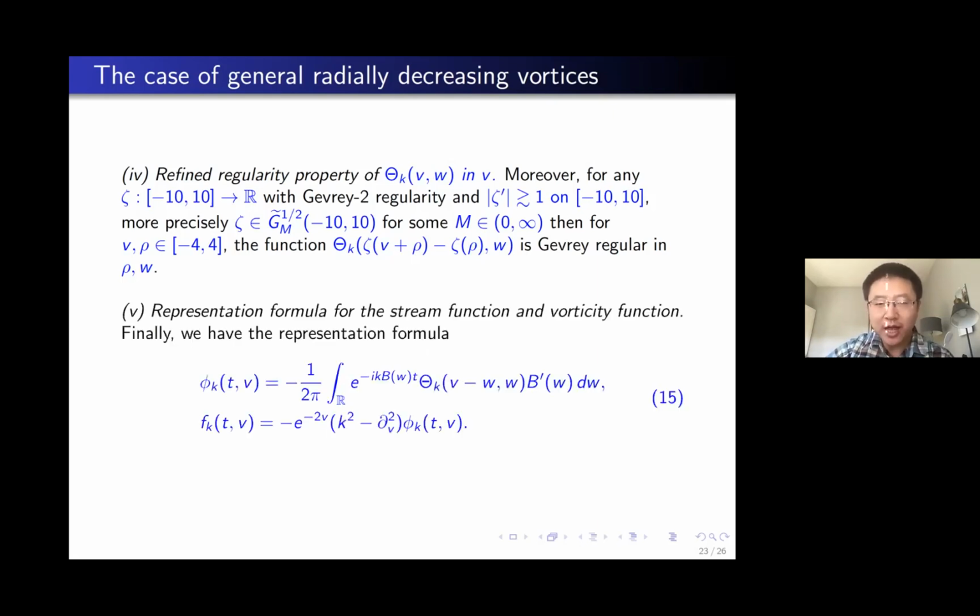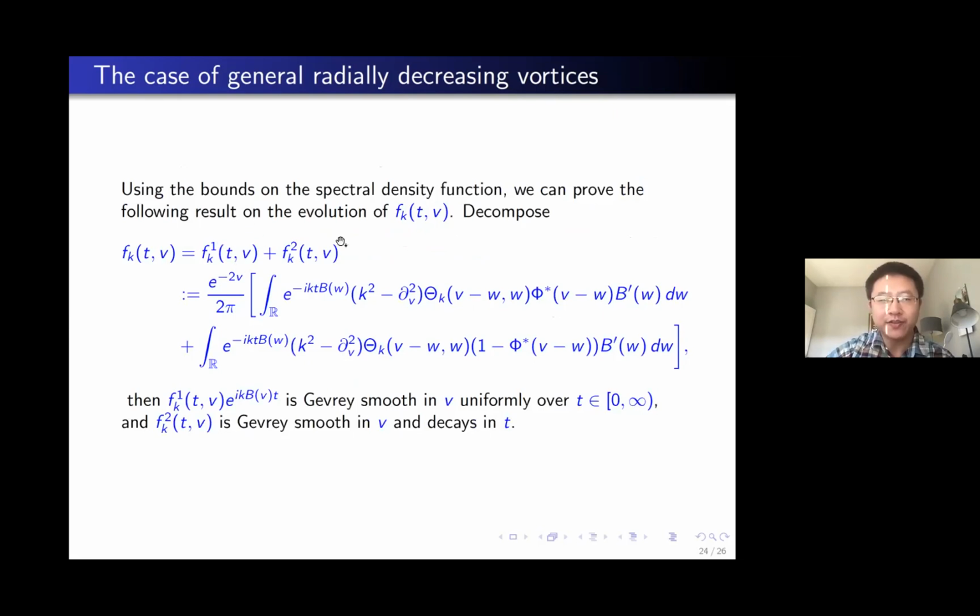We also have this very nice formula connecting theta k and phi k. All this allows us to define these profiles by localizing when V is away from W or V is close to W. When V is close to W, you get the profile which you have to normalize by introducing this oscillatory factor. But for V away from W, we do not have to normalize; it's automatically already smooth. Why can we not get faster decay? This is smooth in V, that's not a problem, but its decay in W is limited, because this guy is degenerating in W.